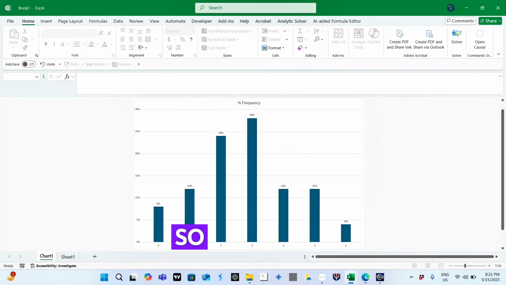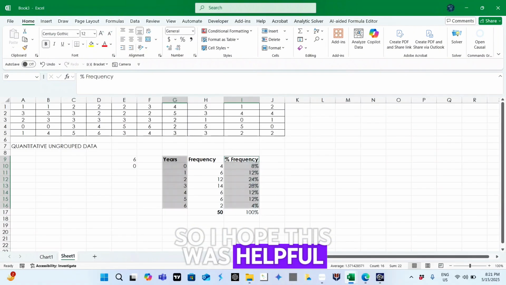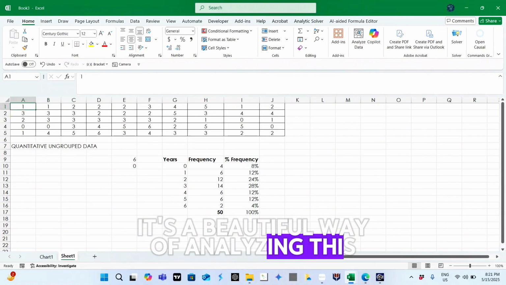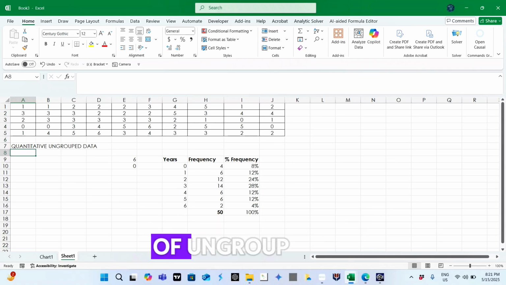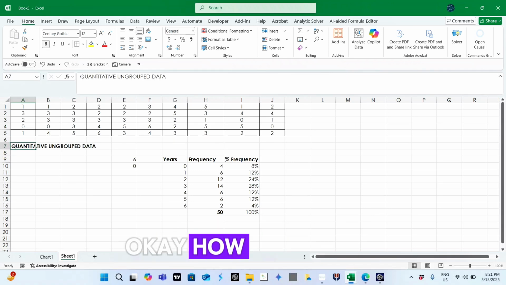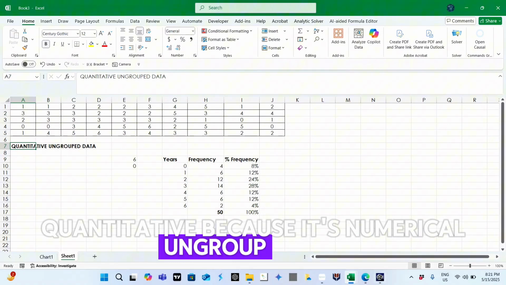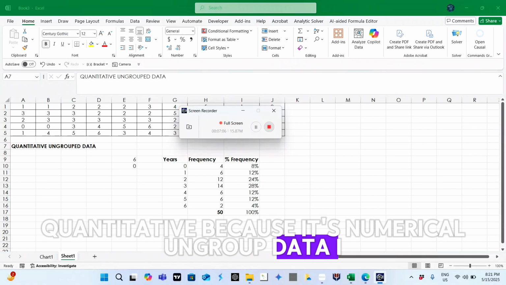So I hope this was helpful. It's a beautiful way of analyzing. This is statistics of ungrouped data, okay? How to analyze quantitative, because it's numerical, ungrouped data. I hope this